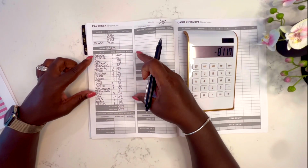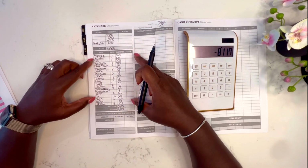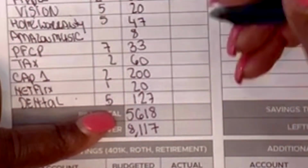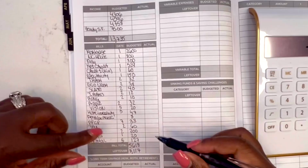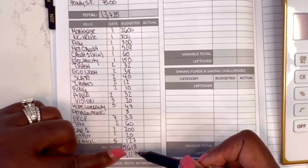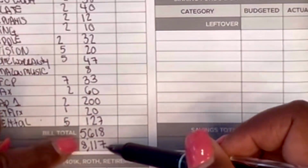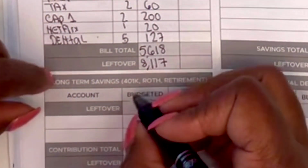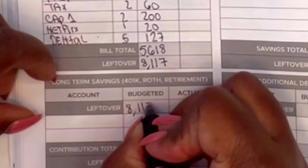Okay, so my bills are in. The bills I expect to be paying from the 1st through the 8th comes up to $5,618. When I subtract that from my total income, that leaves me with $8,117. So now we're gonna bring it down here to our long-term savings, which for me right now is my